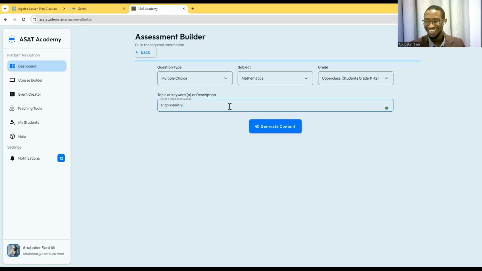Do you have speech to text here? Speech to text. Yeah, that is a feature we intend to add very soon. But thank you for bringing that to my attention. We will add speech to text as well. There are so many models out there that can do speech to text. So we can generate content